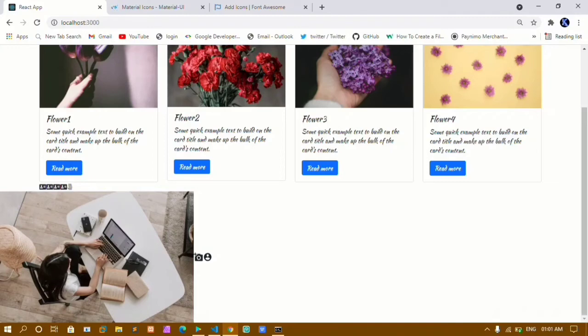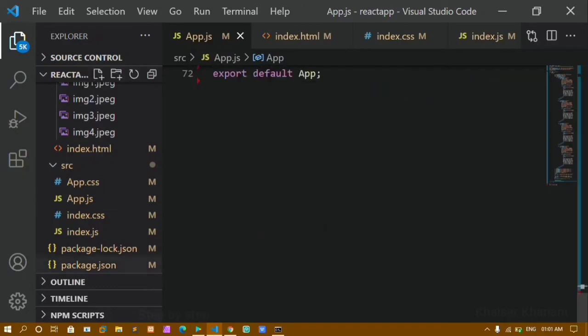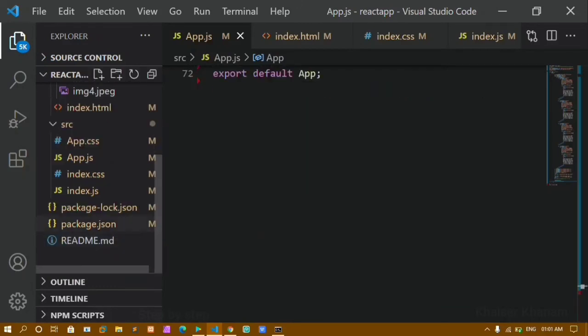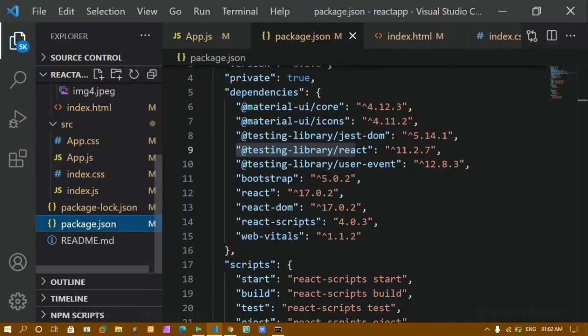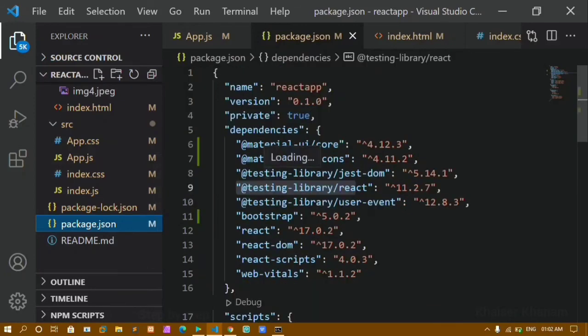Now if you have installed Material UI icons, all the data and the version of that will be stored inside this package.json. Before using any icon, just come to this package.json and check whether it is installed properly. If you find that package inside package.json, then it means you have successfully installed it and you are ready to use the icons. You can see here I am having this Material UI core and also this Material UI icons. This is how you have to check.